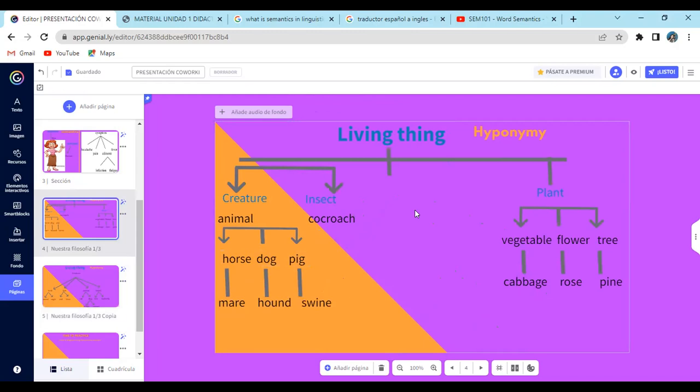Y estoy moviendo el cursor como que yo estoy compartiendo, no sé por qué siempre tengo esta costumbre. Okay, look at the words. Lo voy a leer tal cual como se escribe para que usted me entienda qué es lo que quiero enseñarles en esta mañana. Yo tengo la palabra mare y tengo la palabra hound. Ahora bien,